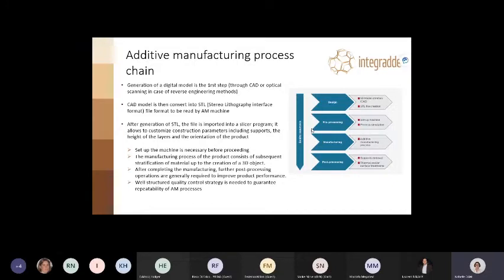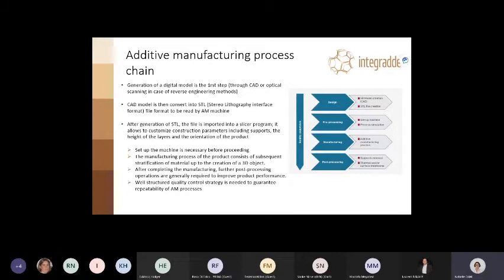So there are different steps to get the final product with this additive manufacturing process, which are quite different from traditional manufacturing. So the generation of the digital model is the first step through a CAD or optical scanning in case of reverse engineering method.